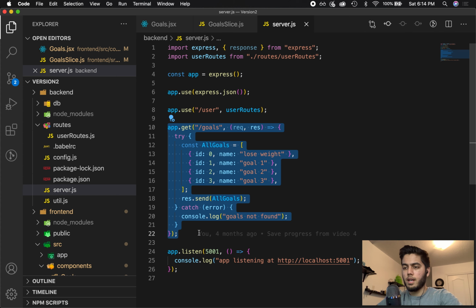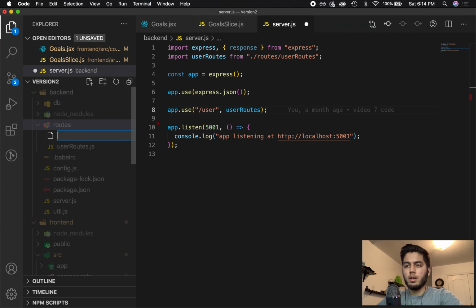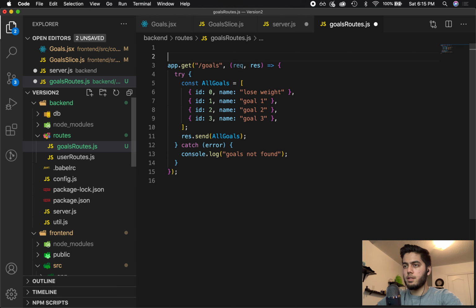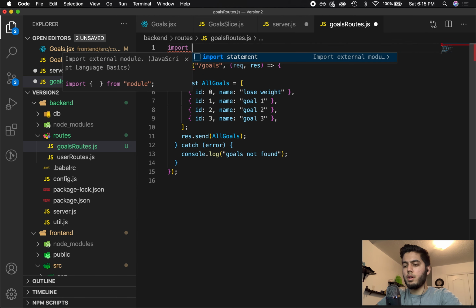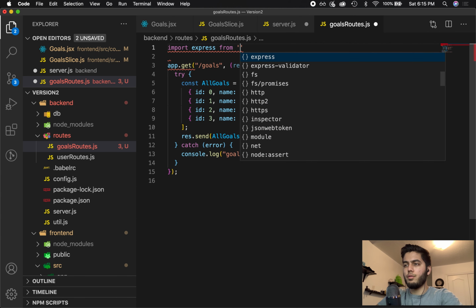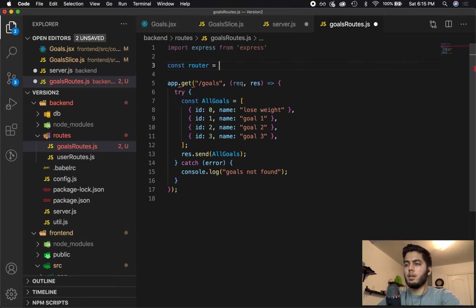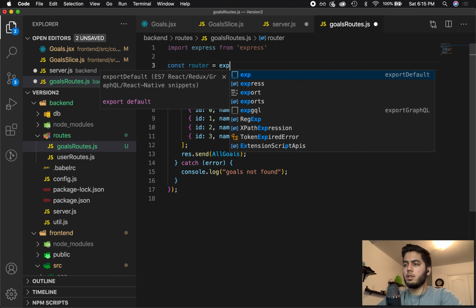So I'm going to copy this entire thing here, create a new file under the routes folder, and call it goalsRoutes.js. And I'm going to paste that route that I just took from the server.js. And at the top, let's import express from express. And let's create our router. const router =